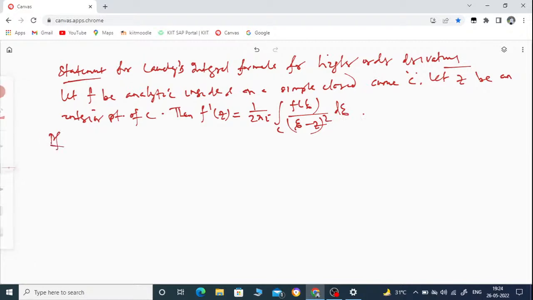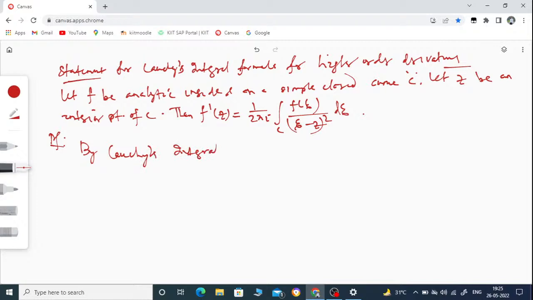Now come to its proof. What did we get from Cauchy's integration formula? By Cauchy's integration formula, we have